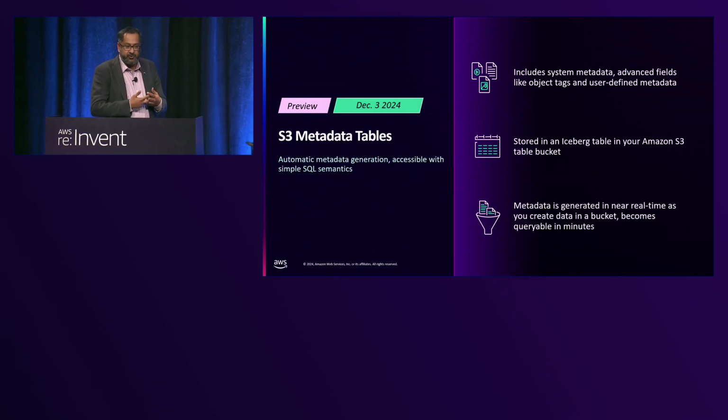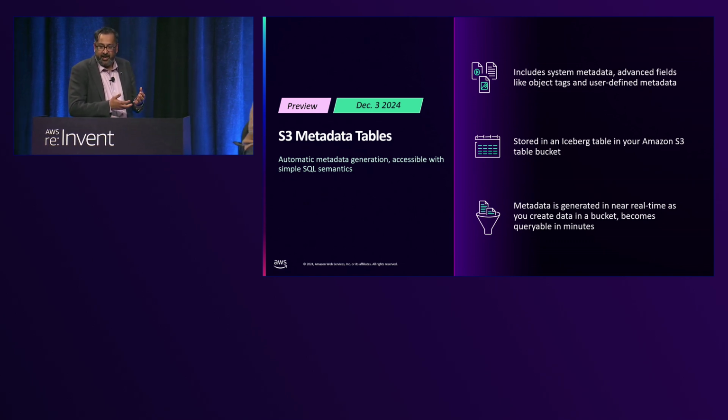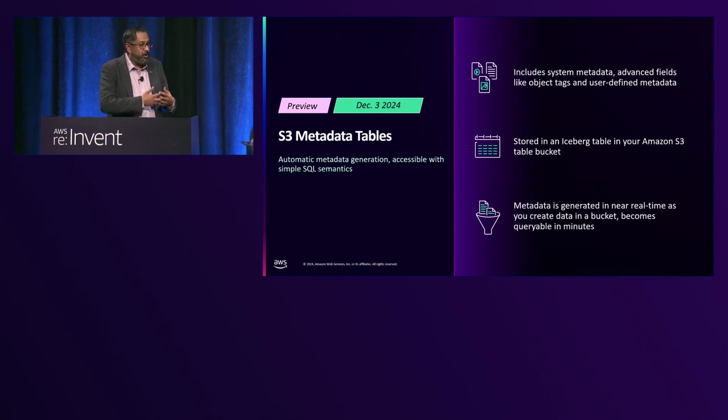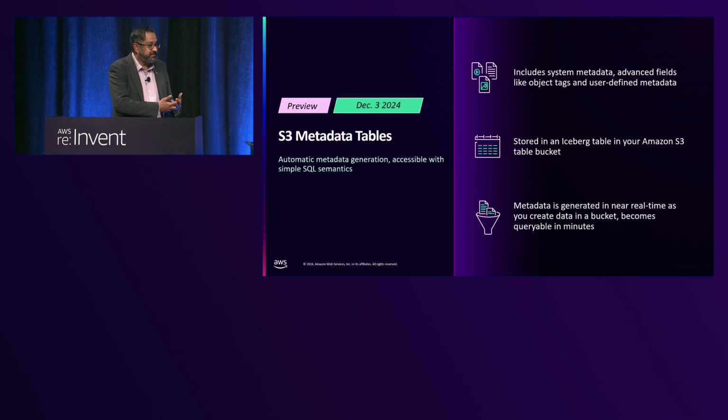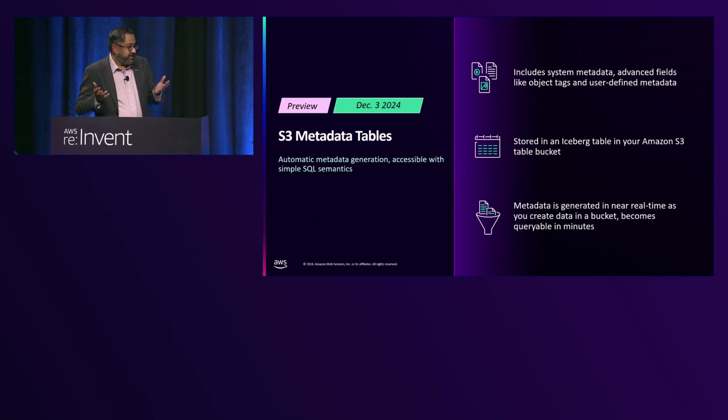You can also use this to join it with another table where you could generate metadata from Rekognition, as Huey showed you. And we feel that this feature has been very compelling, or will be very compelling, for anybody who has a lot of objects. You want to identify data sets, or you want to identify changes, right? For example, who uploaded data? What objects were deleted in the last 7 days? How many objects are in a particular storage class? Things like that, right? Will be very useful, you will be able to do that very easily and very simply using S3 metadata.